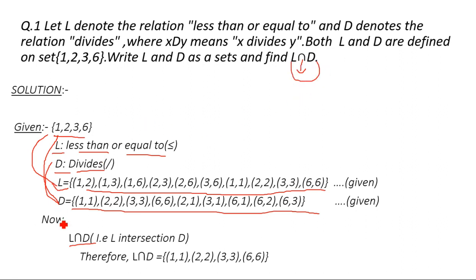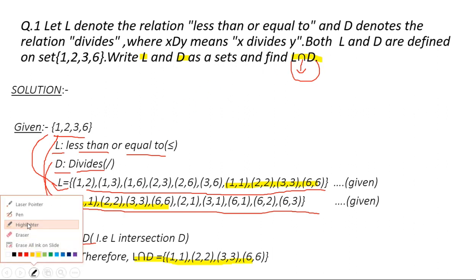So these are the elements which are common in both the sets. So we get the L intersection D set like this. Hence we have found the L set, D set and L intersection D set. So we will move on to our next question, that is,